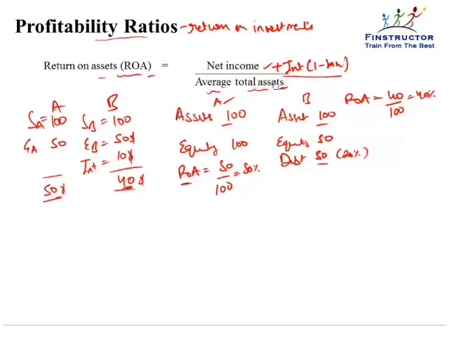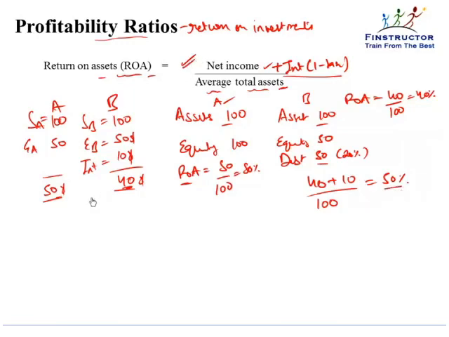The reason we do this is because interest expense is a funding choice and has no bearing on the performance of the asset. So if we again compare the ROAs of the two companies using the revised formula, then the ROA for company B would now be 40 plus the interest, that is $10, upon the total assets, that is $100, that is 50%. And so will be the ROA for company A. So this will give us the true picture that actually both assets are the same